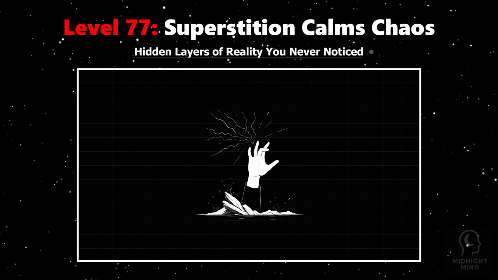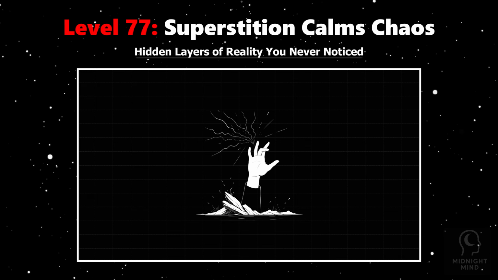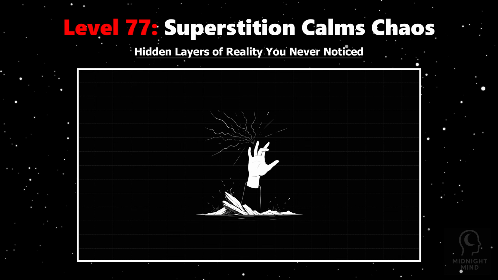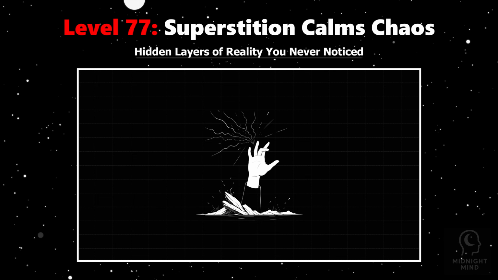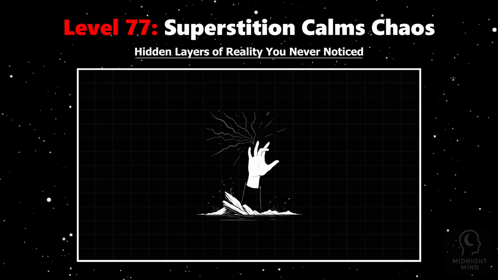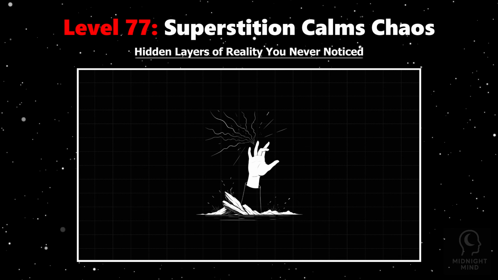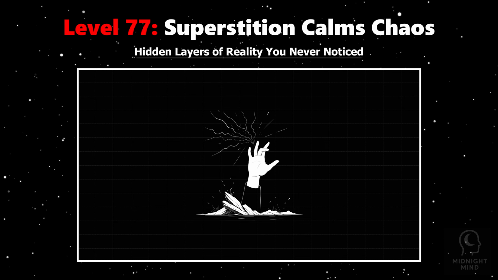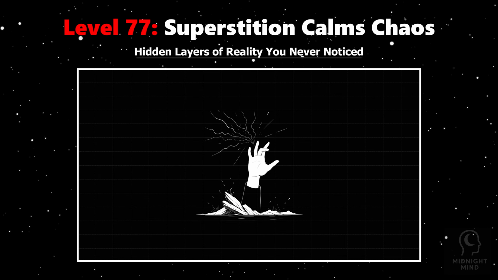Culturally, superstitions bind communities, creating shared practices that ease collective fears. Whether knocking on wood or crossing fingers, these actions symbolize hope and resilience in the face of randomness. So next time you find yourself following a superstition, understand it as your brain's way of rewriting chaos into calm, a psychological anchor in an uncertain world, proving that sometimes belief is its own kind of power.